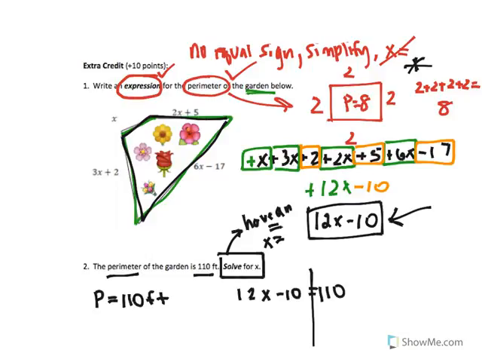Now, this is easy. I just add a 10 here, add a 10 here. I get 12x equals 120. Divide by 12, divide by 12. x